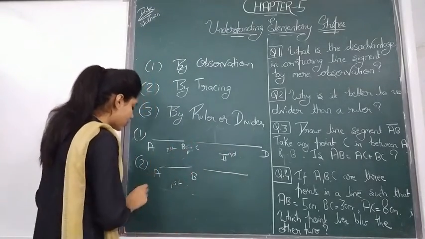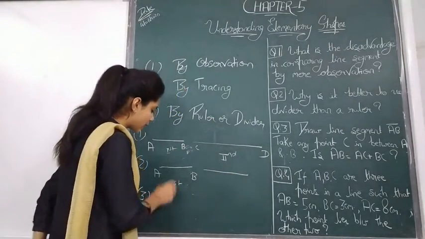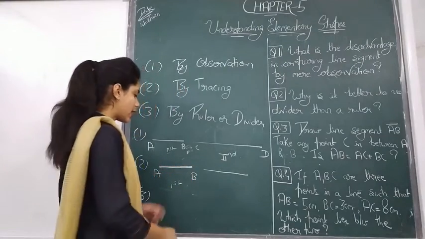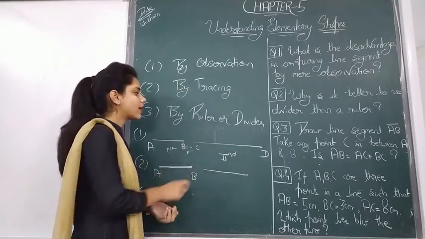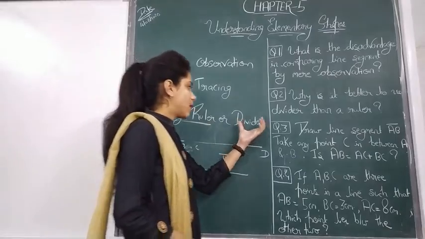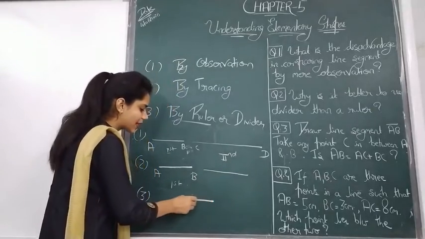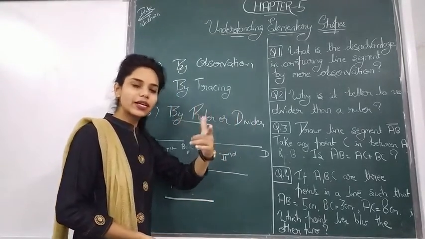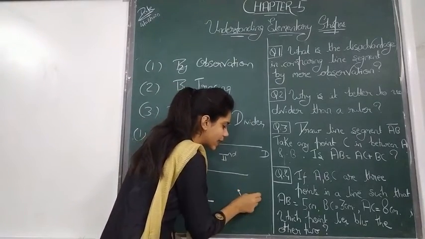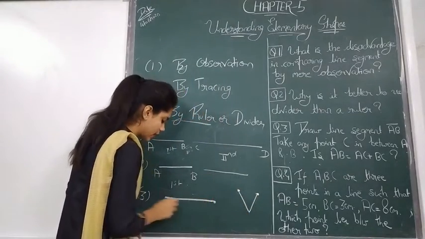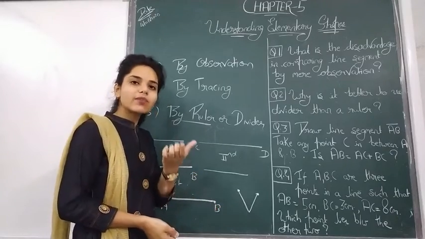Now the third way is by ruler or divider. Ruler means you put the ruler along this line and you can observe how much length it is. So the ruler is the convenient way for measurement, but if you use a divider to measure a length, it is a very accurate way, because there are two needles. The divider is like this, there are two needles, and if you put these needles on this line, suppose this is A and B, it gives the accurate measurement.